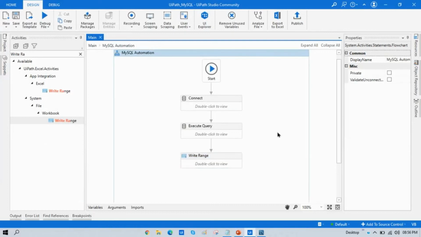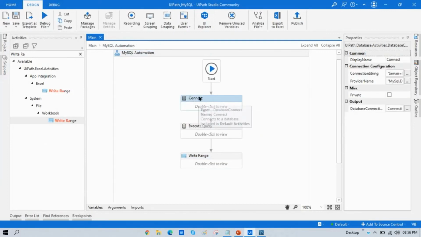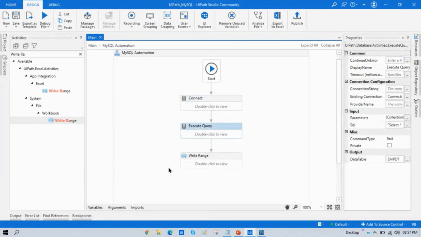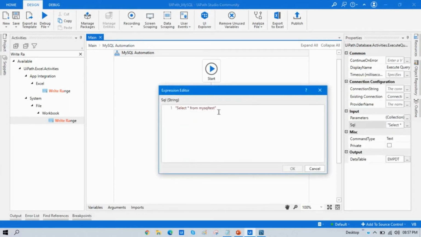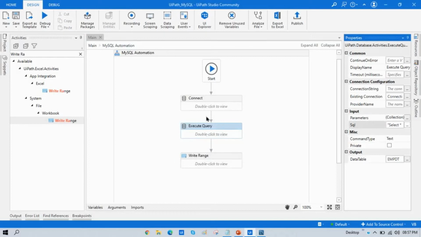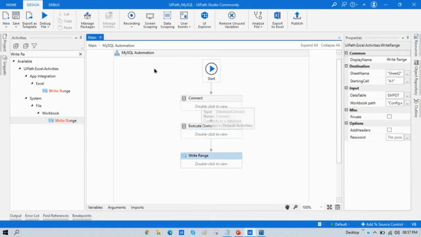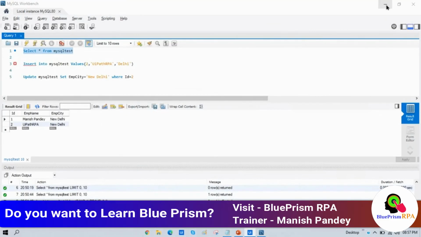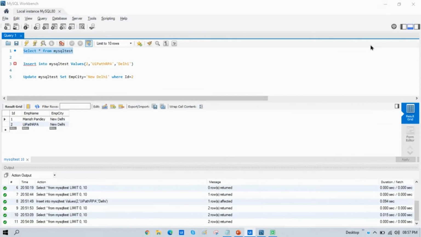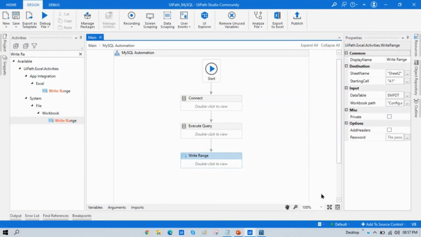Okay, so you know what will happen, this connect activity will connect UiPath with MySQL. This execute query will run this query and it will store the data to the data table, and this write range activity will write that data to Excel. So just run that. And execution successful.